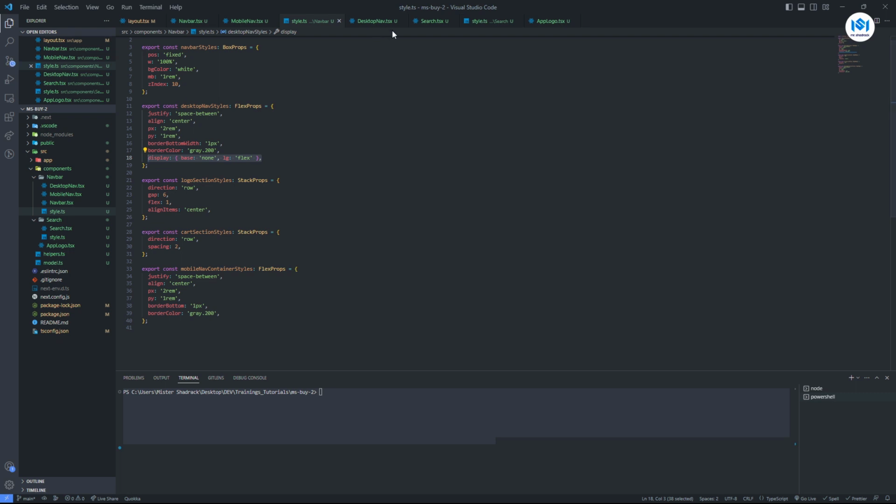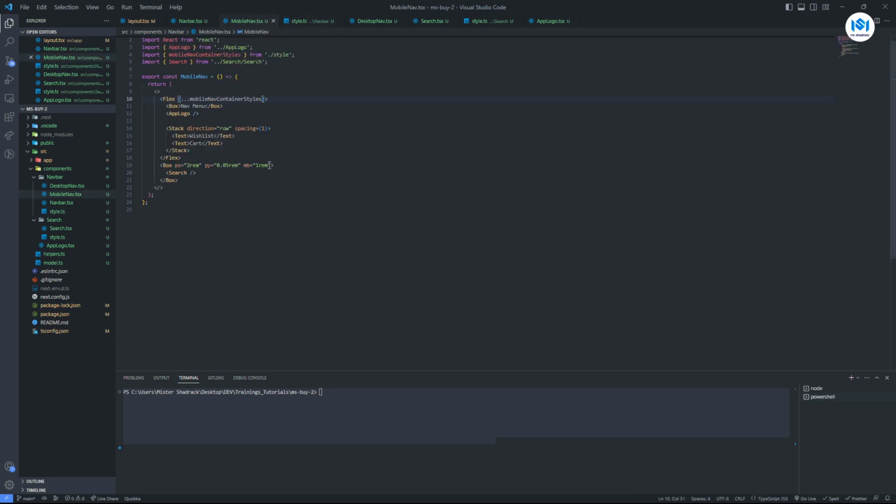do the same thing for the mobile nav as well, add the display to it, but this time we want to display flex on mobile devices and then none for large devices, so that on mobile devices it's going to show, and on large devices it is not going to show. I'll copy this again because we added the sets down here. I need to make sure I do the same thing for this as well, but this time it's supposed to